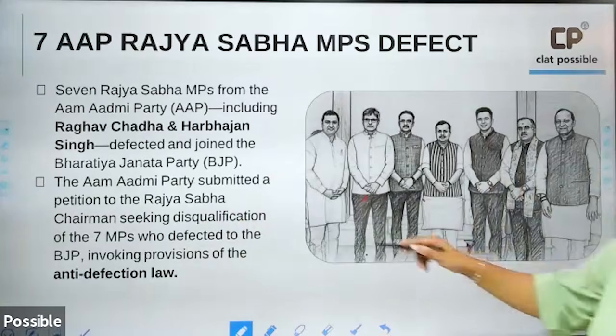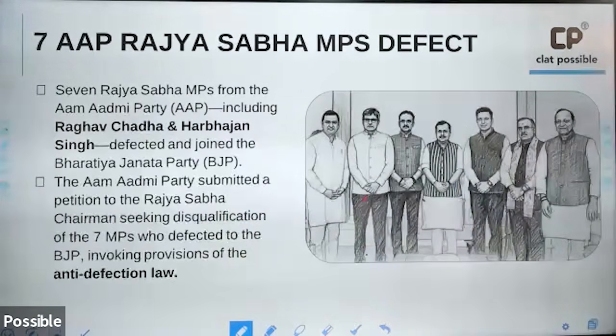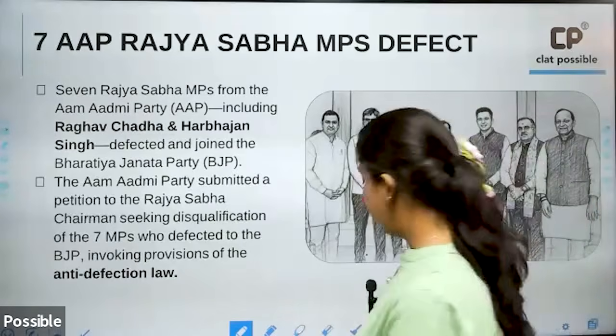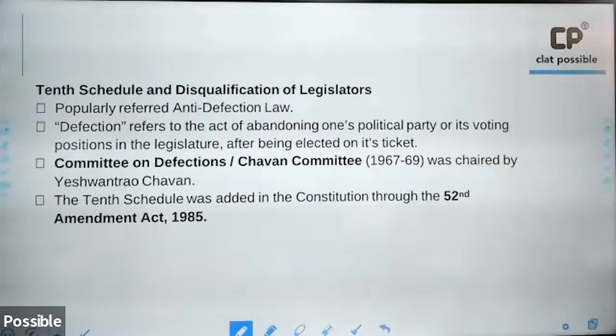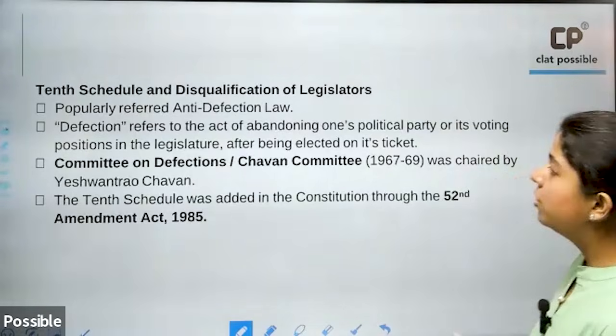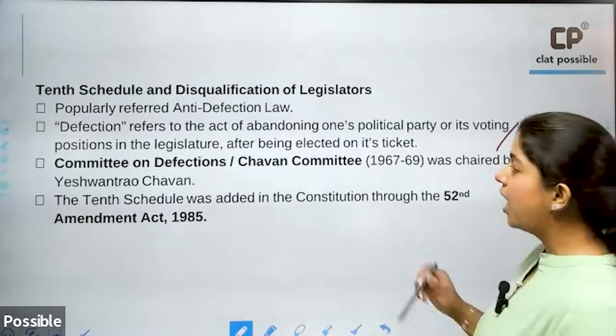Okay, so the Aam Aadmi Party submitted a petition to the Rajya Sabha chairman seeking disqualification of 7 MPs who defected to BJP, invoking provisions of the anti-defection law. This anti-defection law is popularly known as the 10th Schedule. Defection refers to the act of abandoning one's political party or its voting positions in the legislature after being